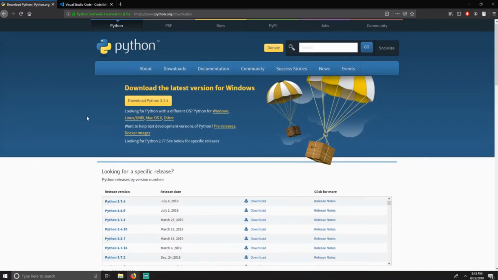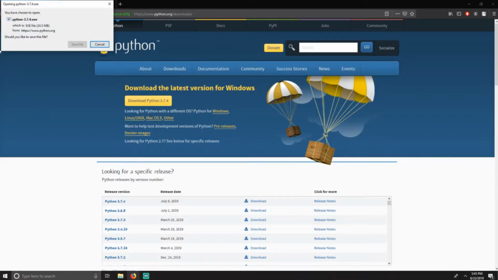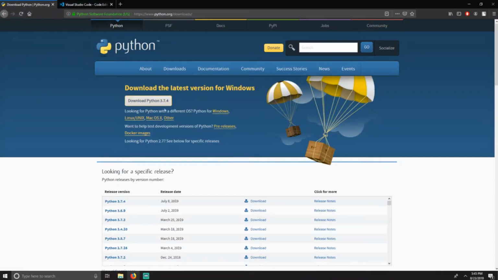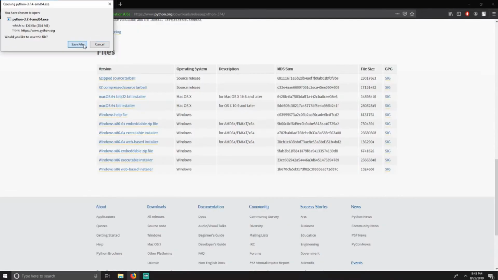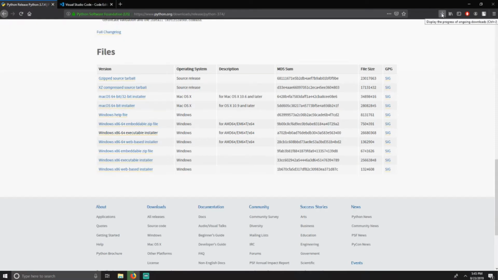And if you're using another OS, you can just click one of these, or again, you can go into the version and download it. I'm gonna click this button right here. Actually, I'm not gonna download this one, but I suggest you download this one. But I'm gonna get the 64-bit version,